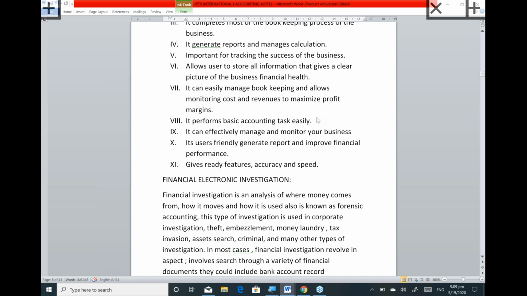It is users friendly, generates report and improve financial performances. Users friendly. Every time you use it, once you have the knowledge of it, then you use it. It's users friendly. It gives ready features, accuracy, and speed. Then we look at the financial electronic